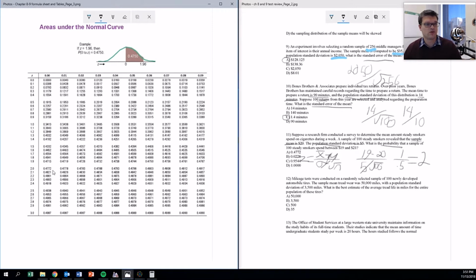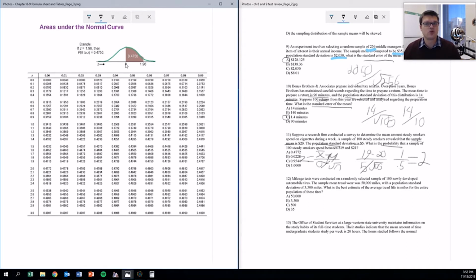We've got 0.4772 right there. So that's the probability of the mean of a group being between the mean and 2 standard deviations above. What is the probability that a sample of 100 steady smokers spends between $19 and $21? This is the probability that the